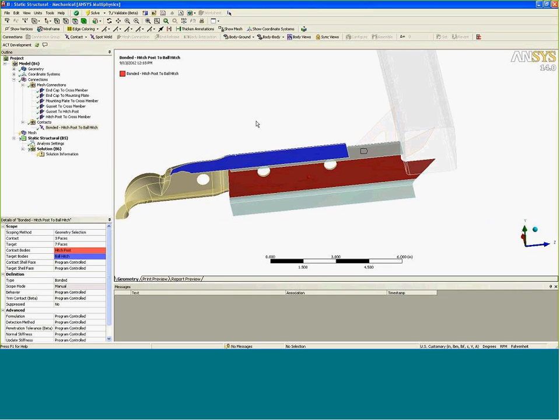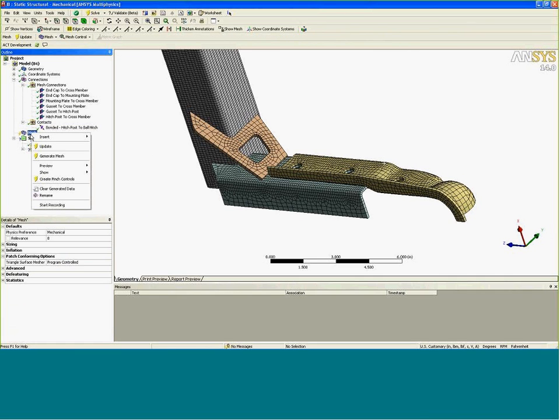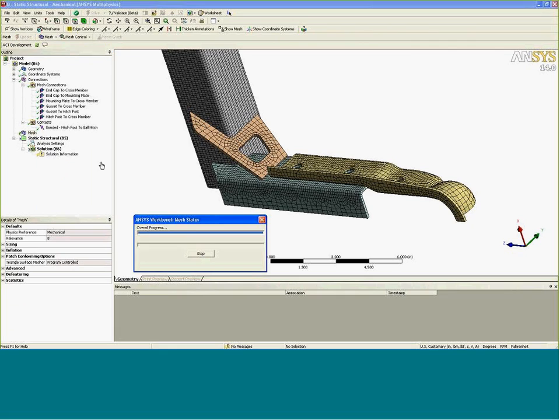So now let's see what happens when we put in all these mesh connections. So let's update the existing mesh, and I generate the mesh. It says it's connecting the mesh. It's not going through and remeshing this entire thing. We already have a mesh on here. It's going through doing all those merging operations there. So this is a post-meshing operation. And while it's doing its thing,